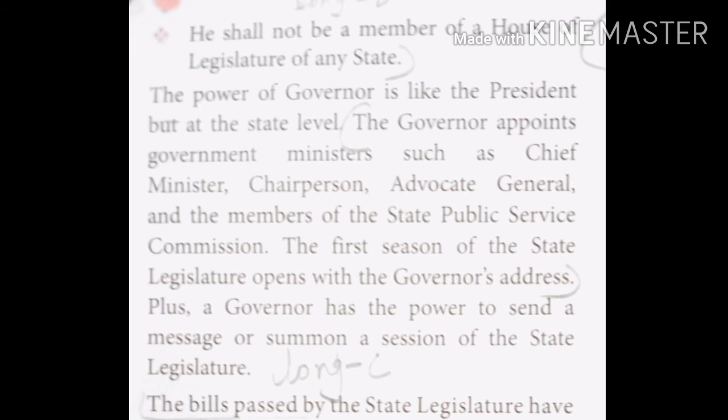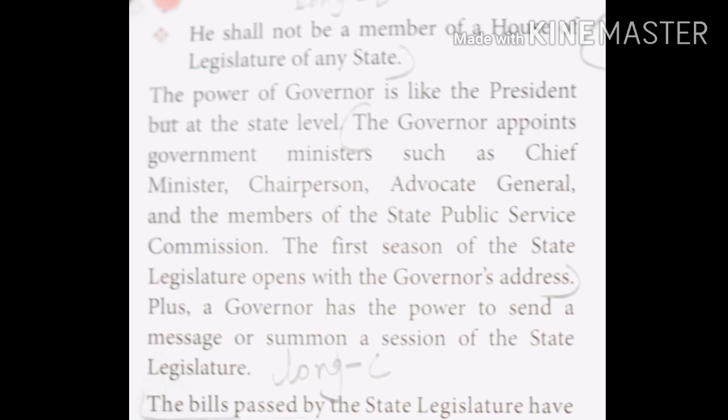बट द स्टेट लेजिस्लेचर हैज़ द पावर टू अप्रूव इट और नॉट। The governor also has the power to reduce or suspend a sentence passed by the court under the state law। अगर राज्य स्तर पे स्टेट लेवल के पे कोर्ट ने किसी को डेथ सेंटेंस मीन्स फांसी की सज़ा सुनाई है तो उस पे भी या उसको भी सस्पेंड करने का जो पावर है वो किसके पास होता है? गवर्नर के पास होता है।